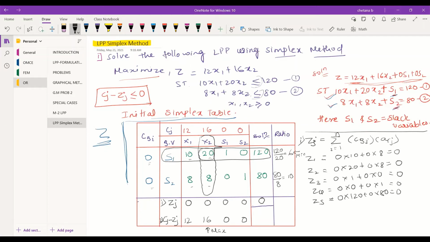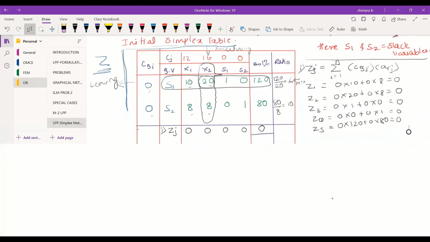Once you understand this, the next part is a little complex. You need to prepare the next table, called the first iteration table, where there are changes. The change is that in place of S1, we say S1 is leaving and X2 is entering. So how we can do that is, in the next iteration,